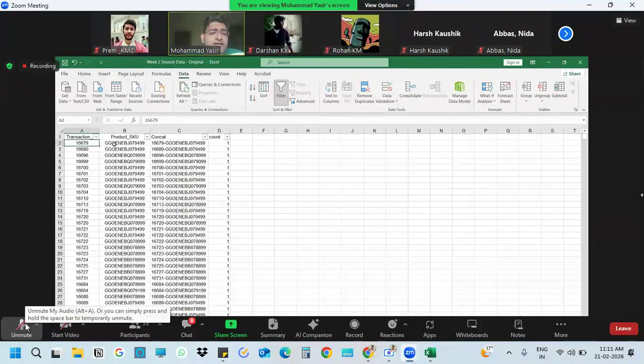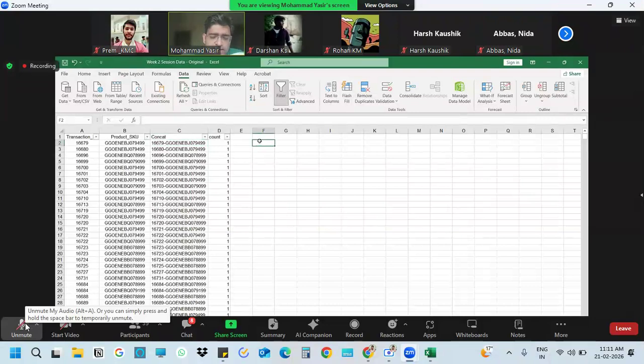We will first concatenate these two. How will we do this? There is a concat function. How does it work? We will say concat. We will put column number 1, which is A2. We will also add a hyphen here and add the column number 2. So both columns will get concatenated, separated by a hyphen here. So it is a combined keyword which we have created.